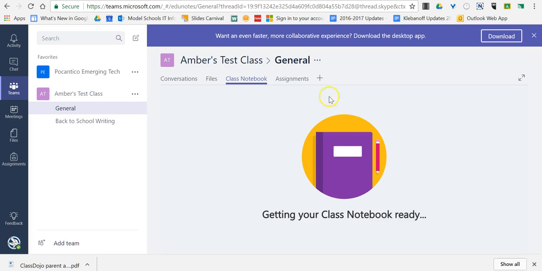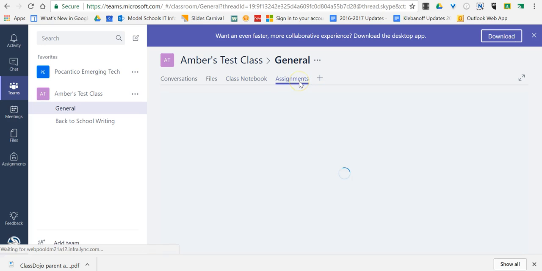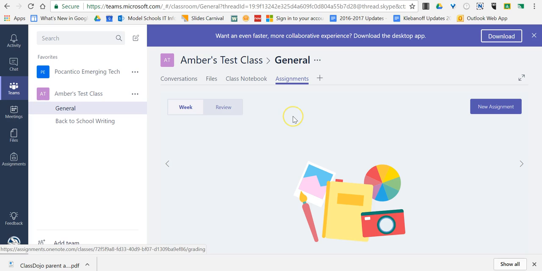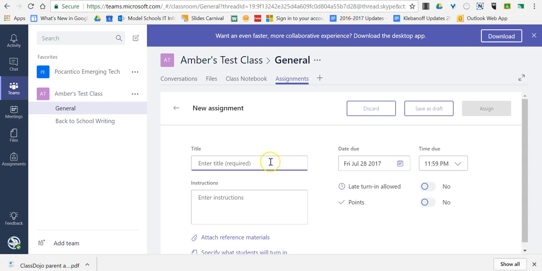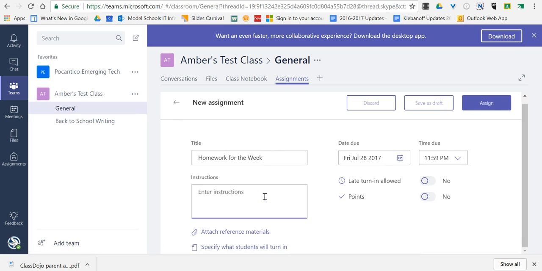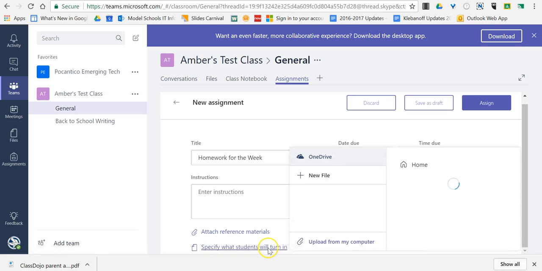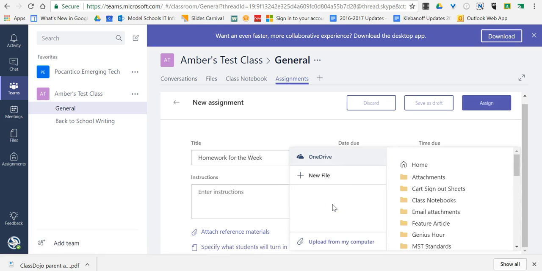As this is loading, I'm going to go on to Assignments. Under Assignments, you can actually create homework assignments for your students. I can click on New Assignment. I can enter a title in here. Homework for the week. I can enter instructions. I can also attach specific reference materials if the students will need that. I can also specify what the students will turn in. So for example, if I am specifying a certain reference material, I can say that they only turn in one